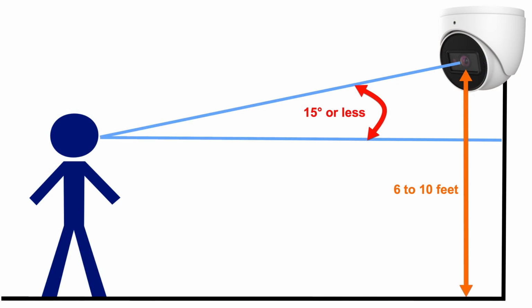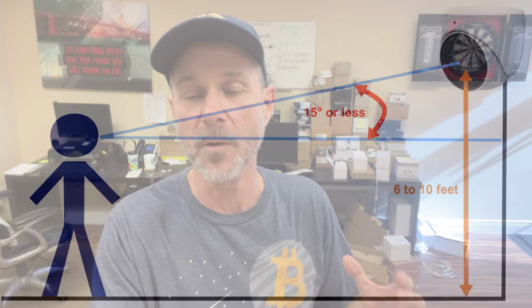Some important points to consider if you're going to be using one of our Viewtron AI cameras for facial detection or face recognition. So you can't mount these cameras too high. As close to level where faces come through as possible, the better. So between 6 and 10 feet at the most. As a rule of thumb, the camera angle downward can't be more than 15 degrees, otherwise the face detection doesn't work well. Also, it should be as much of a straight-on view as possible. It shouldn't be angled left or right towards the faces more than about 30 degrees. So kind of like license plate recognition, you have to follow those requirements for the install of these for face detection in order for the software to work well.